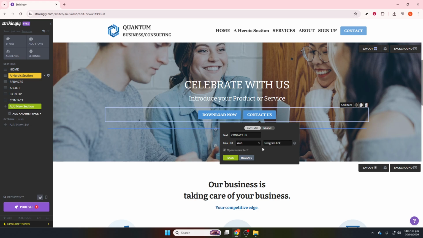Choose a layout that places the icon where your visitors naturally look, such as your header, footer, or a dedicated social block. Keep your brand